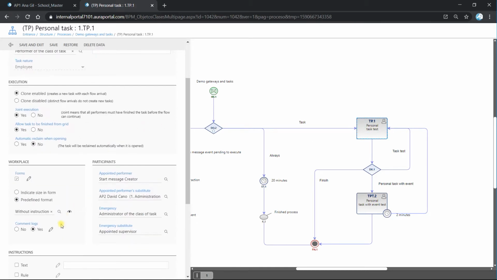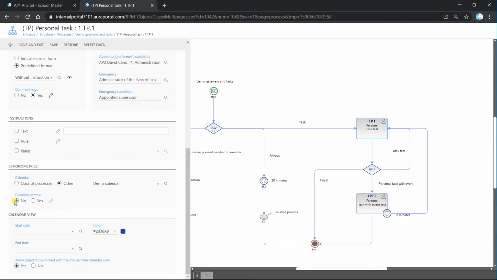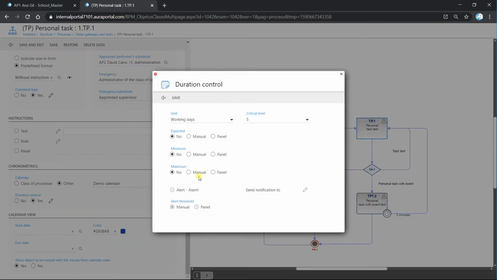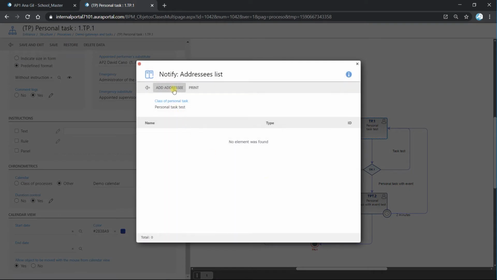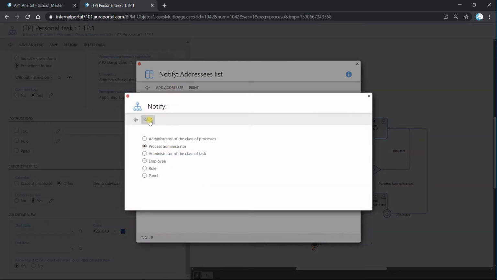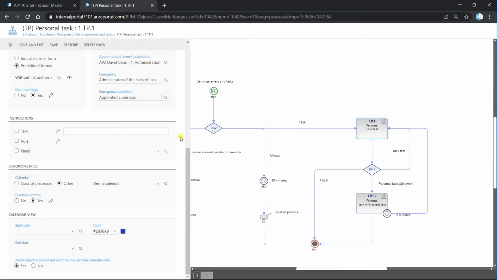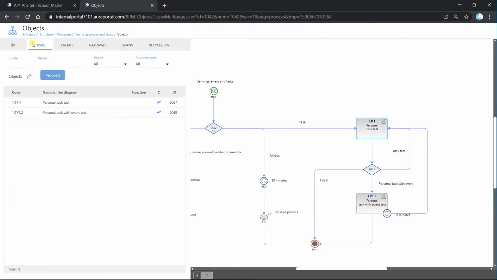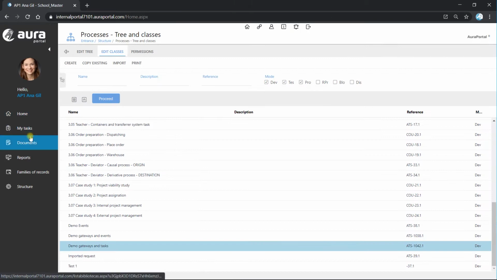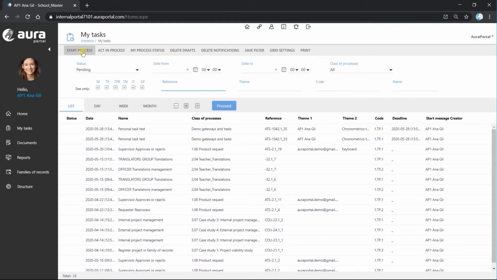to the tasks. So if we go here, we can see chronometrics here. Duration control, no, yes. We're going to say yes and add natural minutes, manual, so 3, alert, I'm going to put 1, and then add addressee process administrator. Save and exit. Let's go to my tasks now and let's start 3 processes